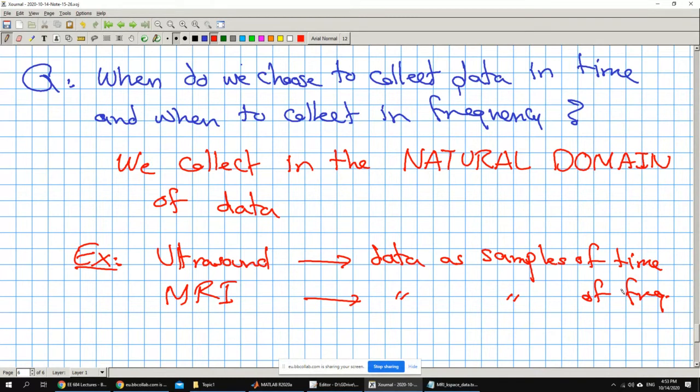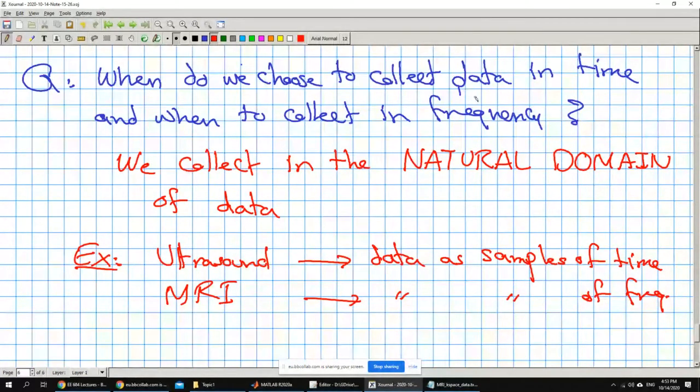For example, for MRI, I don't have to convert the data to the time domain to sample it in the time domain. No, I actually collect it in the frequency domain, and I know how to go back from the frequency to the time if I want. Okay,